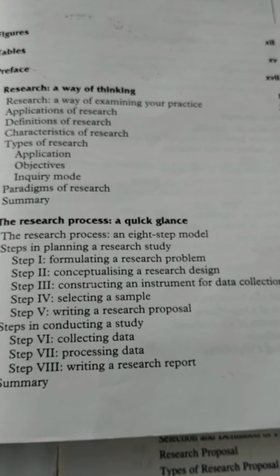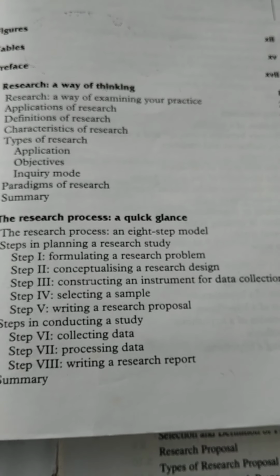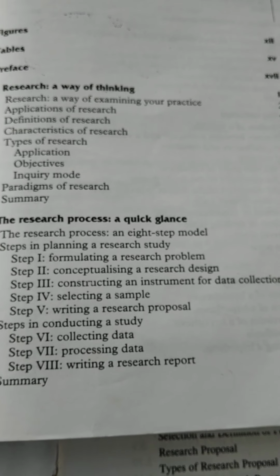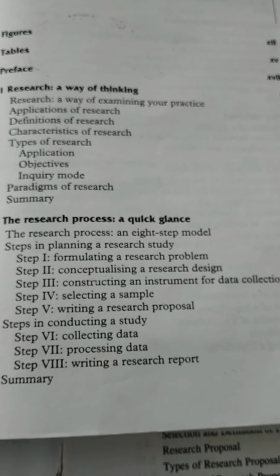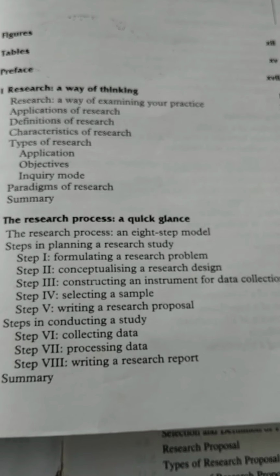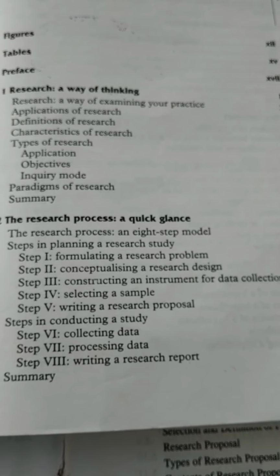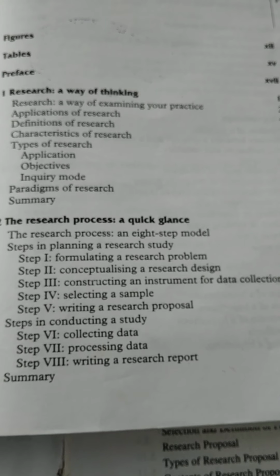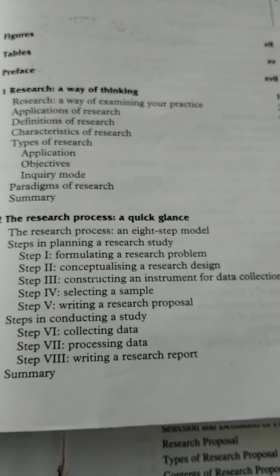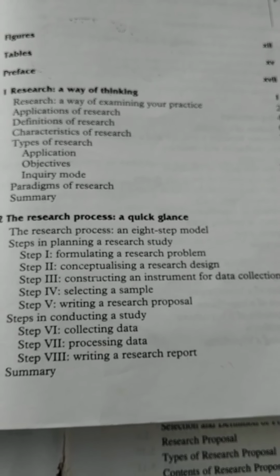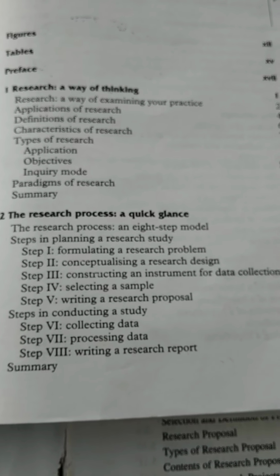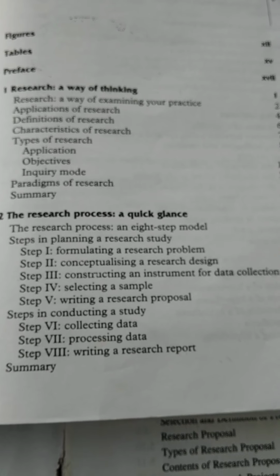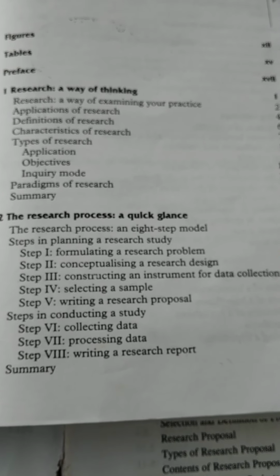Plus, in review of literature, you can give reference of other journals. Journals are published articles which are published by research scholars, like students who are pursuing a PhD or other professors who are already working for universities and colleges. So whatever they have published that is related to your topic, you can give their reference. And